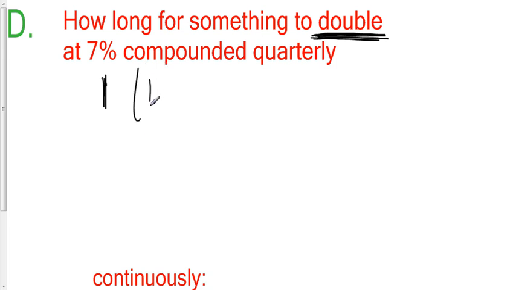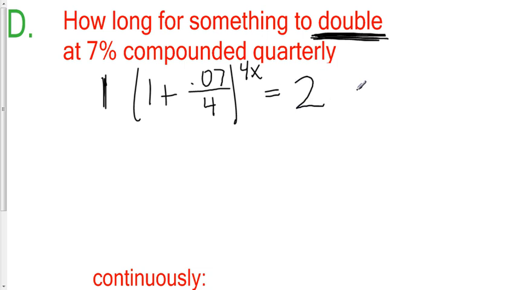And so then you would have 1 plus, since it's 7% compounded quarterly, 0.07 divided by 4, and then it's to the 4x power. And if we start with $1, we'd have to end up with 2. If you start with 10, it's 20. If you start with 100, it's 200. Any way you look at it, when you divide, you're going to get 1.0175 to the 4x